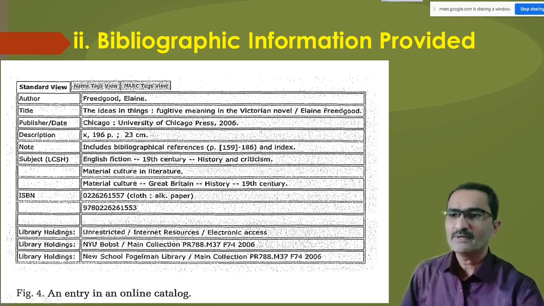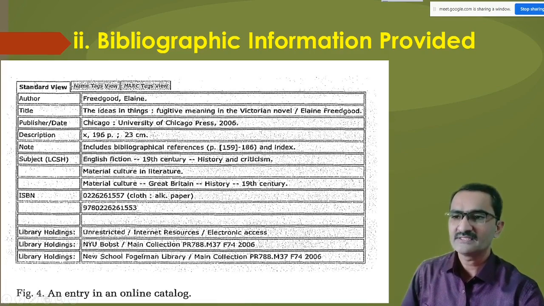So what kind of information and how does it appear? It appears like this, where you can see this is standard view. Then you can see name view, other view. Here generally standard view is preferred, where students or researchers can easily get the idea